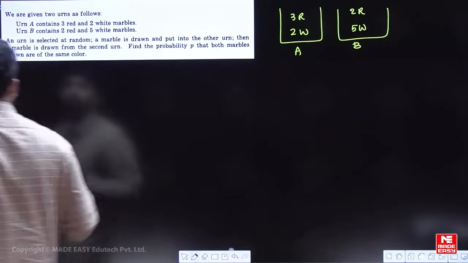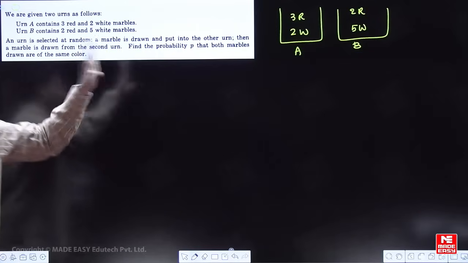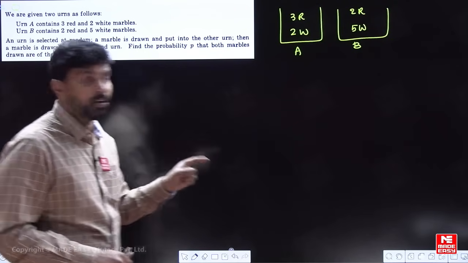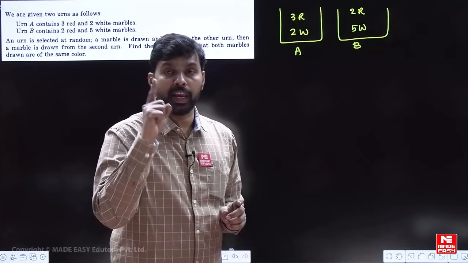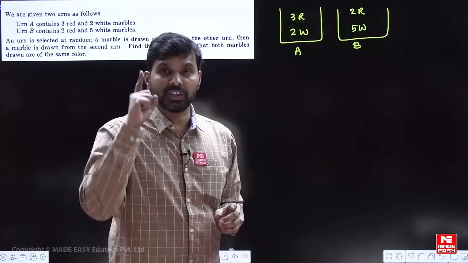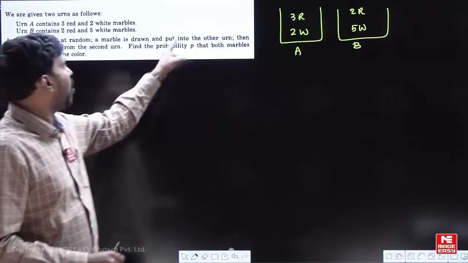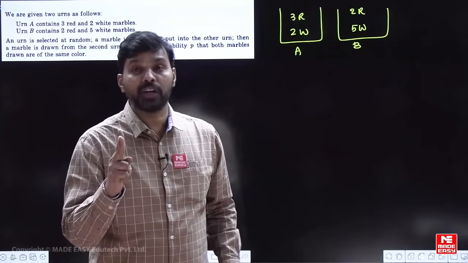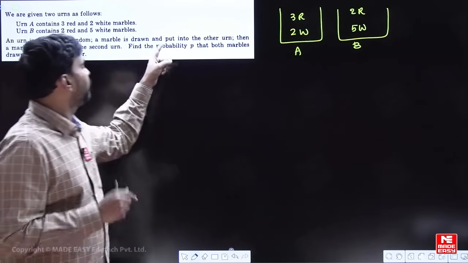So here also I'm going to do that. See this one. So this is urn A, urn B here. Now what is exactly happening in this experiment? Let us understand. First an urn is selected. तो मतलब क्या है? पहले इन दोनों में से किसी एक को सेलेक्ट किया है. So एक को सेलेक्ट किया. So this is the first transaction of events, right? And then a marble is drawn from that urn. So this is the second transaction of events. And then what he has done is,